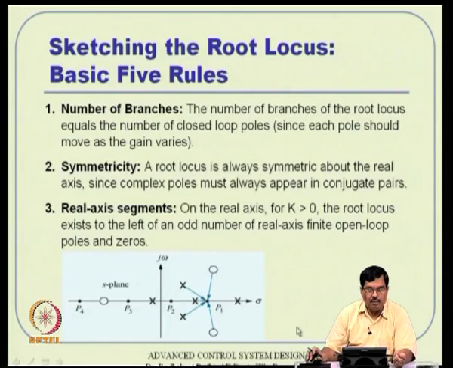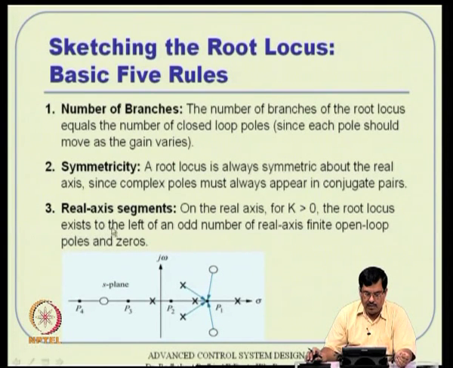Now, if there are 2 poles, let us say I consider a point somewhere here, and there are 2 poles here, then these 2 poles will contribute an even multiple of 180 degrees. If I consider these angles as 180 degrees each, it turns out to be an even multiple, and hence they are not part of the root locus anyway. We always want odd multiples. So, what it essentially tells us is that on the real axis, for gain k positive, greater than 0,